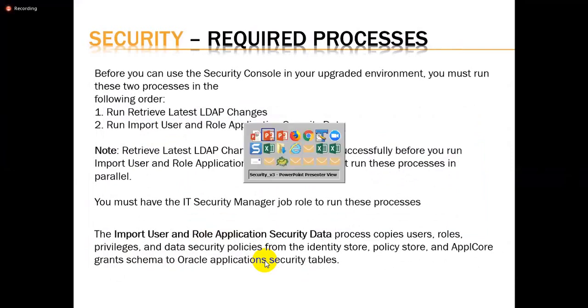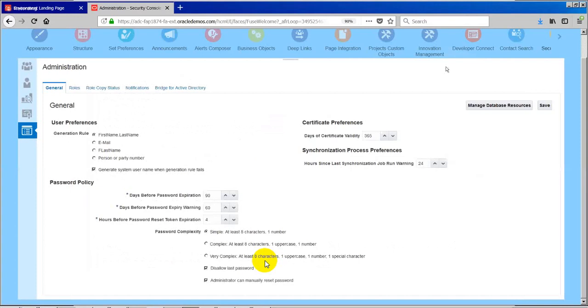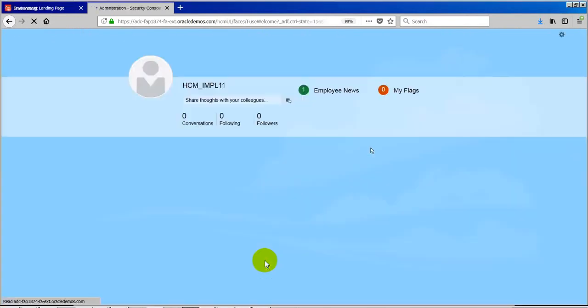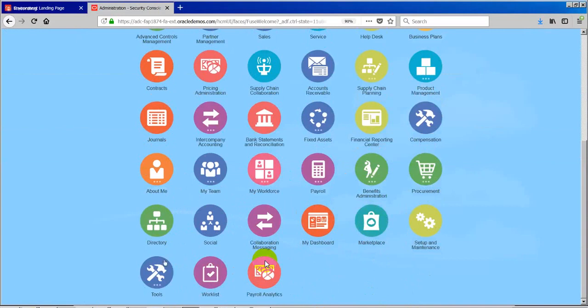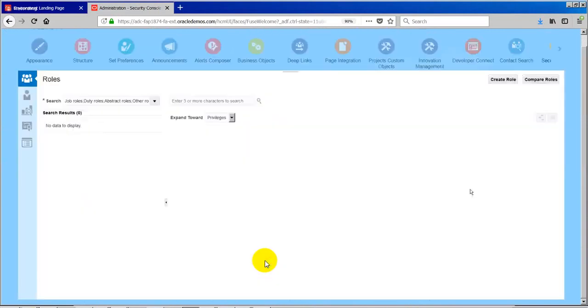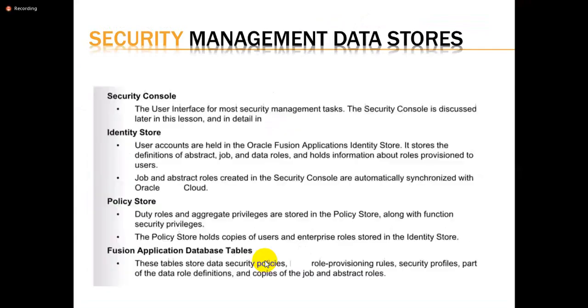That is the reason whenever you open up a security console screen, if you observe a couple of times, you may notice that whenever opening the tools and going to security console, sometimes a window will pop up saying that the user import data job was not run for the past 24 hours, because the job has to run frequently to ensure that all the data sources are in sync together.